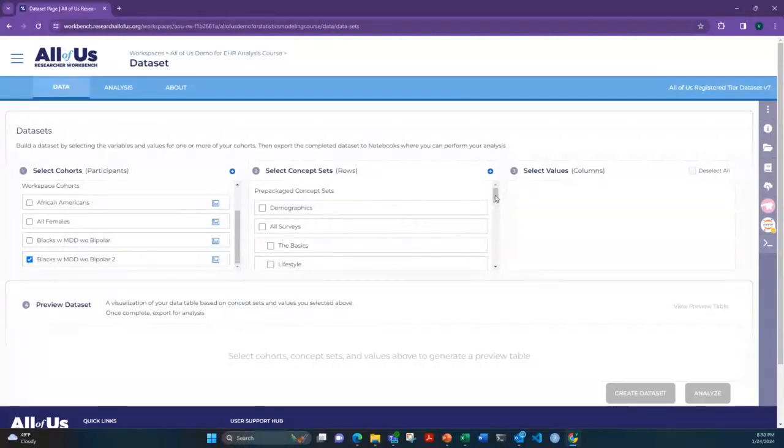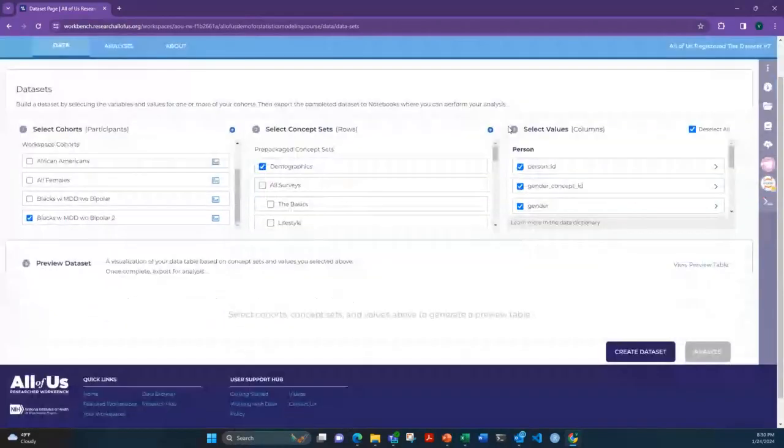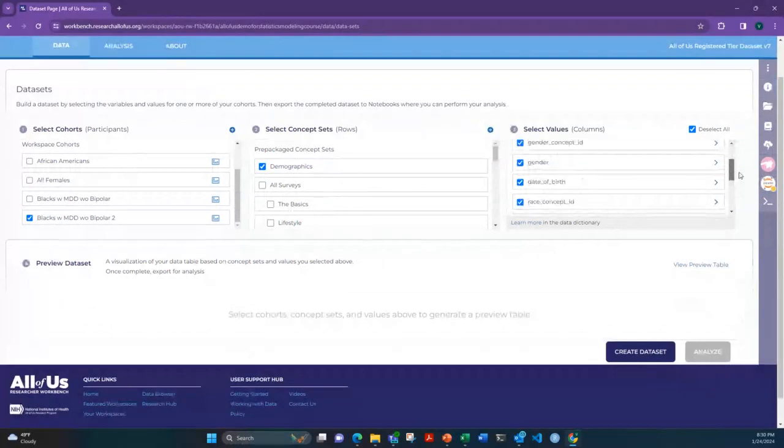So we have to select a concept set for demographics. By default, All of Us already has a demographics concept set. So that saves us some time. We don't have to create a concept set for demographics. It's already created for us. So we click that. And then from the concept set, we can now select what are the data points that we want for our